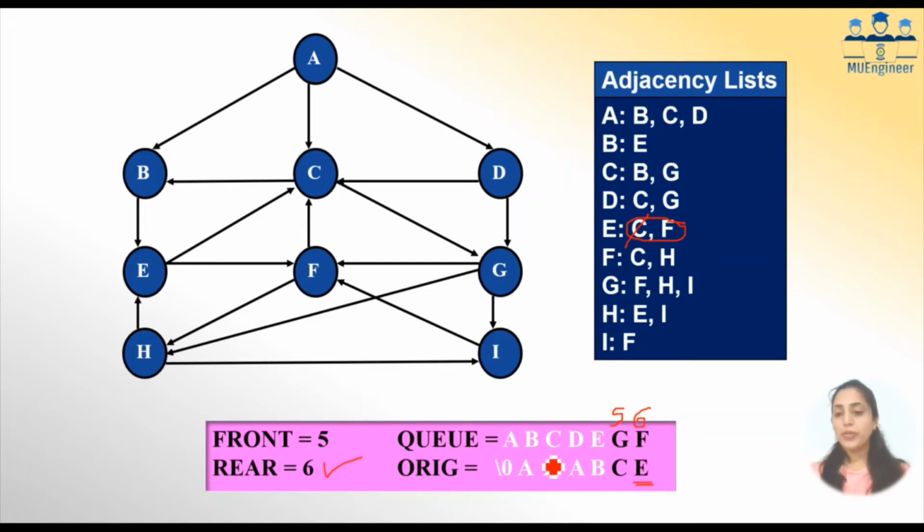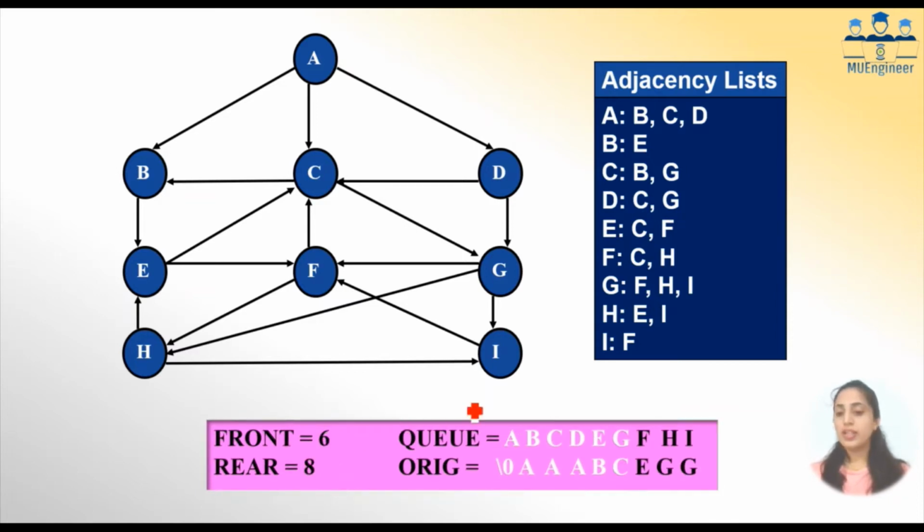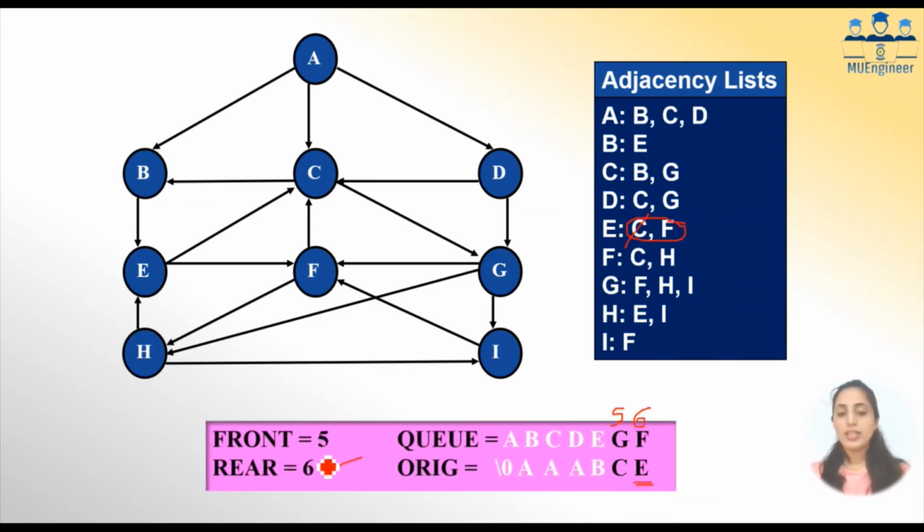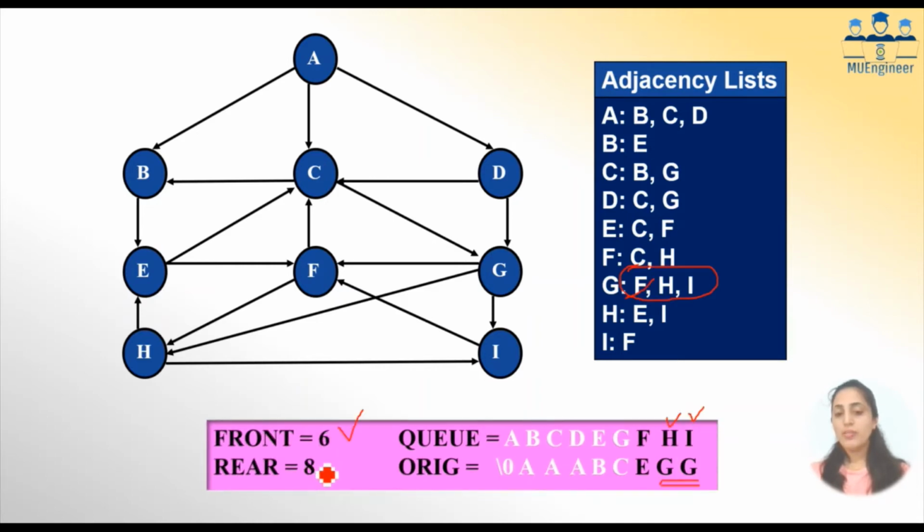Okay, so now what we are doing is next G should be deleted and your front should become 6. So now G is deleted, front has become 6 and the neighbors of G are F, H and I, among which F was already added to the queue but H and I were not there. So I have added H and I and the origin of those is G because they are added as a neighbor of G. Though I have added 2 members, here you see the rear was 6 in the earlier case. Now rear has become 8 after adding H and I. So now your front is actually at 6, rear is at 8 and you have the state.